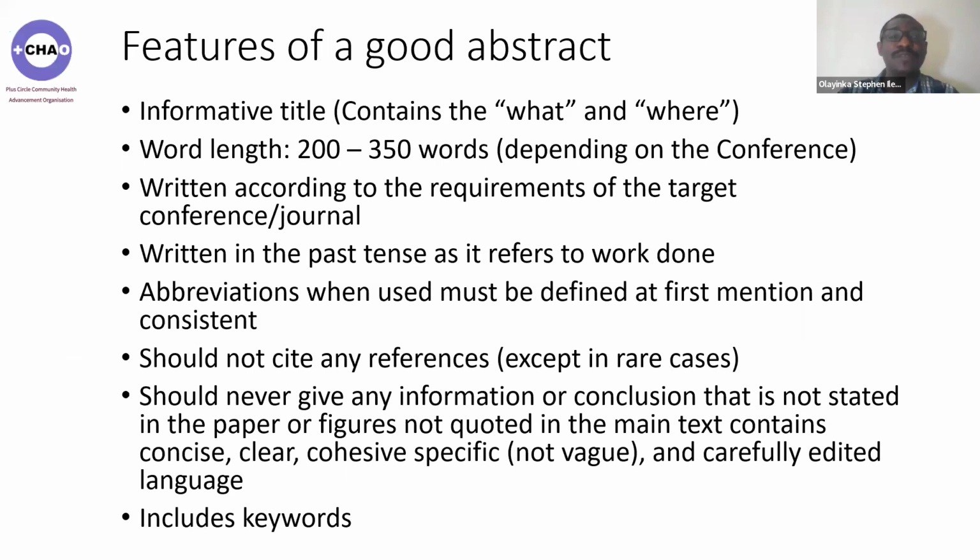Now, going back to the features of a good abstract, we mentioned this also for research abstracts. The title is usually informative, and it contains the words, what you have done, and most importantly, where the work has been carried out. Most conferences, as we have mentioned earlier, the word length for the abstract is about 200 to 350 words, depending on the type of conference that you intend to attend. Written according to the requirement of the target conference,